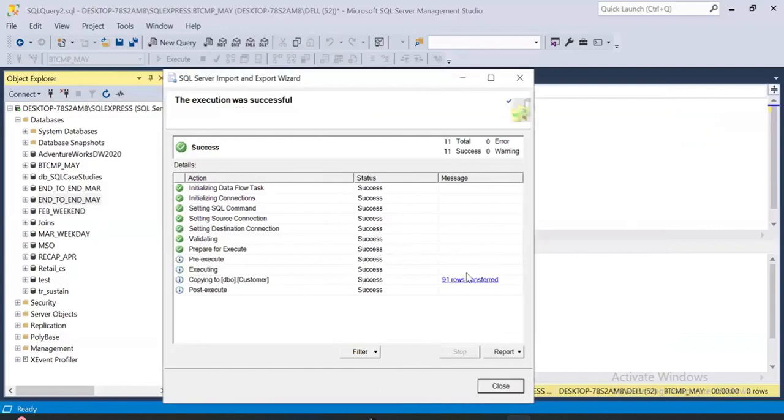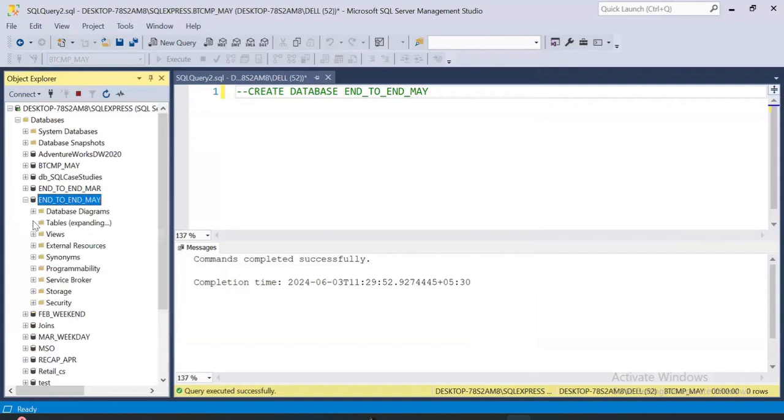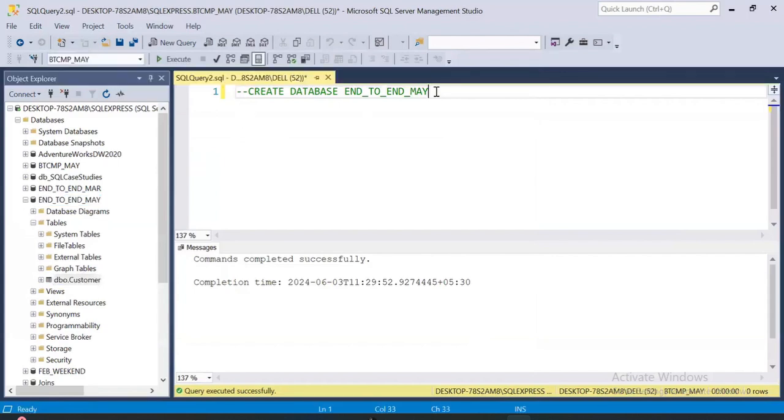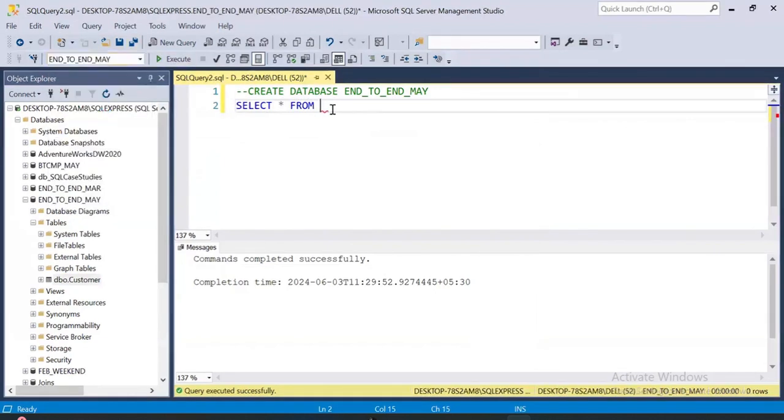So 91 rows transferred. This table is imported. Close. Okay. If I refresh my database end-to-end May, and if I expand this in the tables, you are able to see the customer table. If I fetch data from the customer table, let's say select star from TBL. Sorry, I need to change my database. It has to be end-to-end May TBL